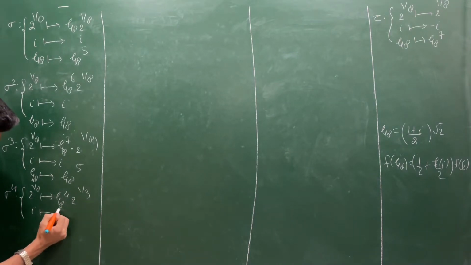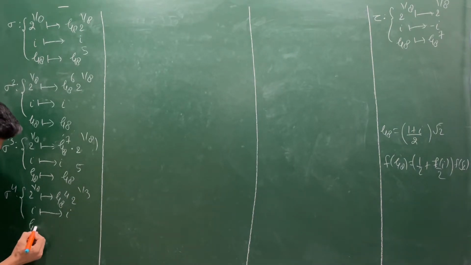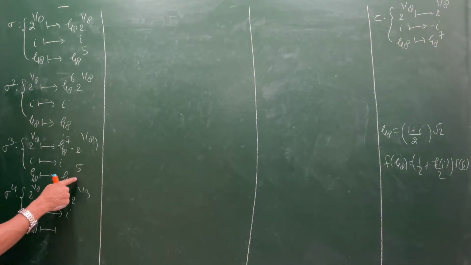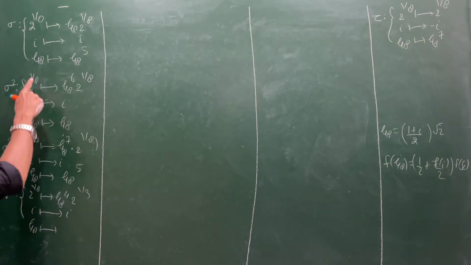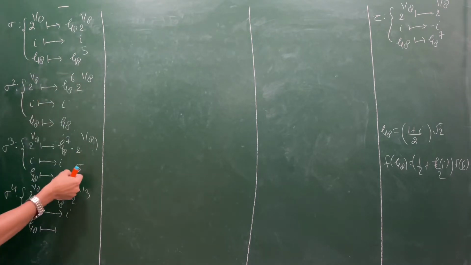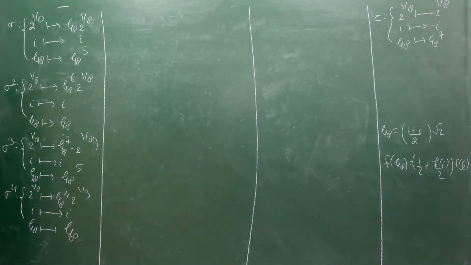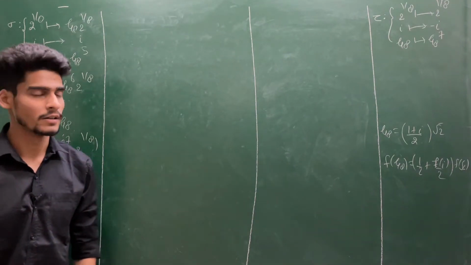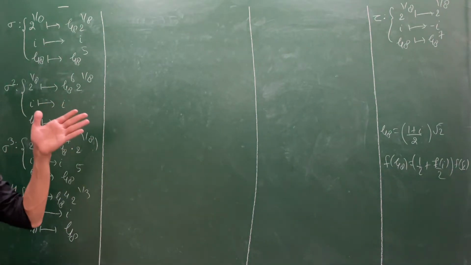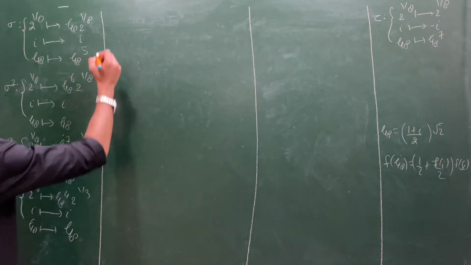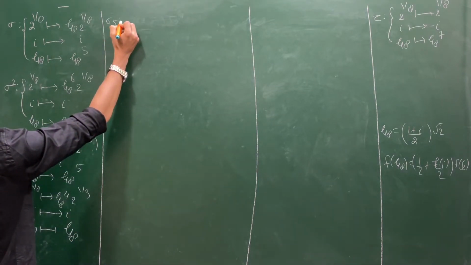Iota will be self-imaged again, and this zeta_8, you operate sigma on this, you will have sigma of zeta_8 to the power 5. But zeta_8 is already going to zeta_8 to the power 5, so you will have zeta_8 to the power 25. That will actually give you zeta_8, because zeta_8 to the power 25 is the same as zeta_8. Because if you divide 25 by 8, your remainder will be 1. So this is sigma, sigma square, sigma cube, sigma 4. Let's calculate sigma to the power 5.